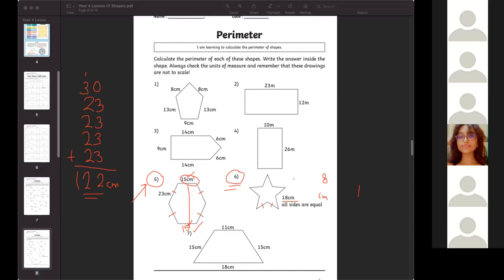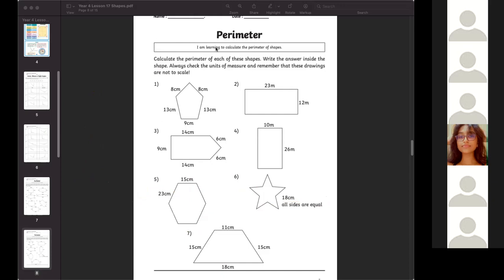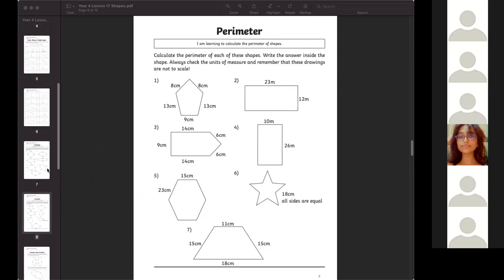All right, well done, guys. So let's move on. Okay, perimeter is clear. So the next page,